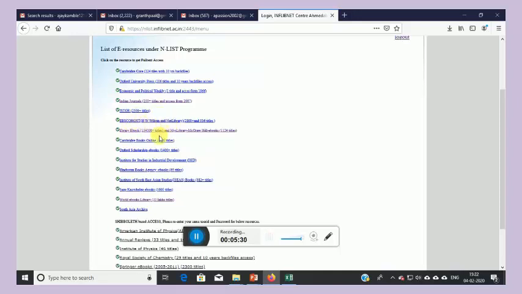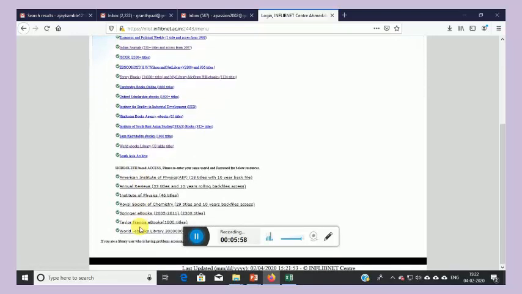EBSCO Host is there. HW Wilson and NetLibrary. Under HW Wilson we get 2800 plus, and under NetLibrary we get 136 titles. In eBrary we get 1,34,000 titles. Then under MyLibrary McGraw-Hill Books we get 1,124 titles, Cambridge Book Online 1,800, and so on. The list is here. When you log in, you'll get this list.